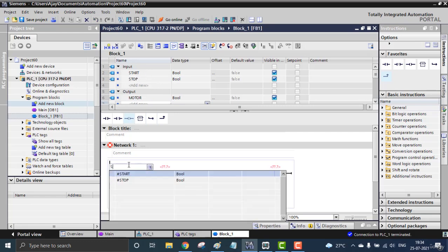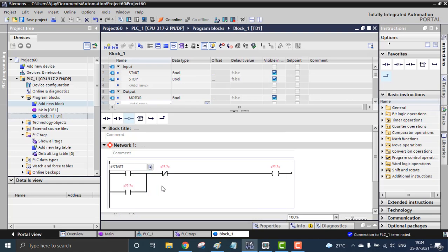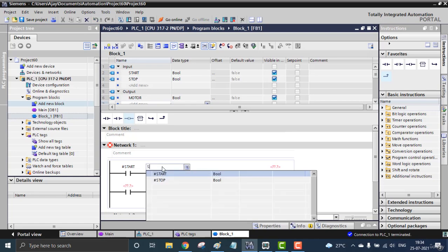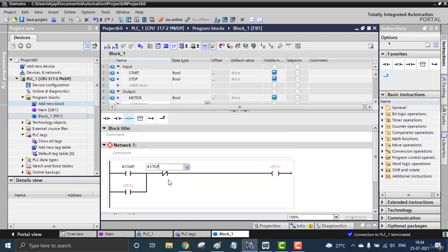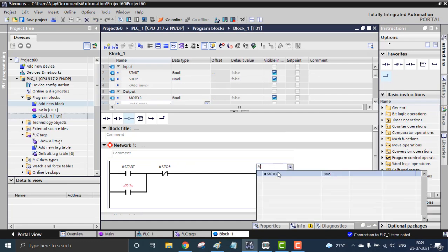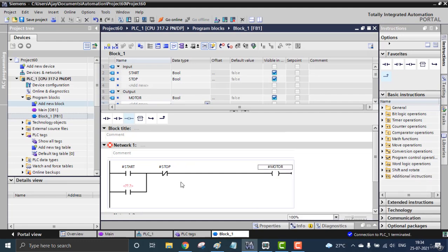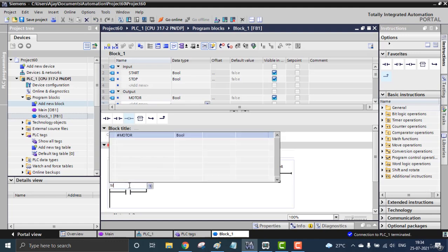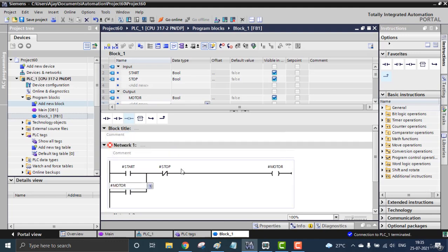Type S and you will get the suggestion for start, hashtag start. I selected this, and this will be my stop button. I press S and I got the stop. And this will be my motor, my output. The motor is also selected, and I am going to use the same address for the latching, so M and the motor.